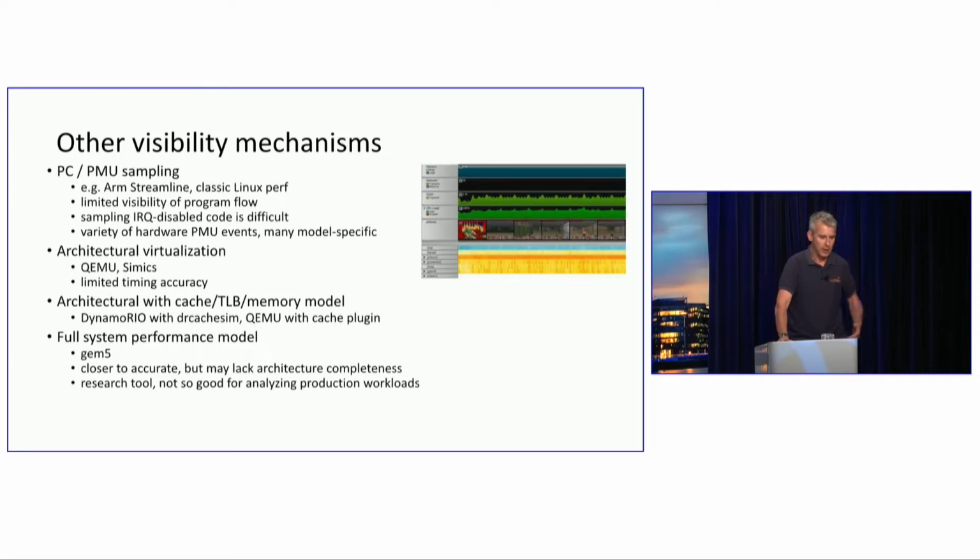So you could perhaps model the cache and TLB and replay your code through this. And that can be really useful. If you've got effects to do with, say, your data layout, then even if you can't work out what's going on in hardware, running it through some kind of cache simulation will be a lot faster than logic simulation, and it may give you really good insights into why you're seeing the performance problems that you are. And then there are full system performance modeling environments,